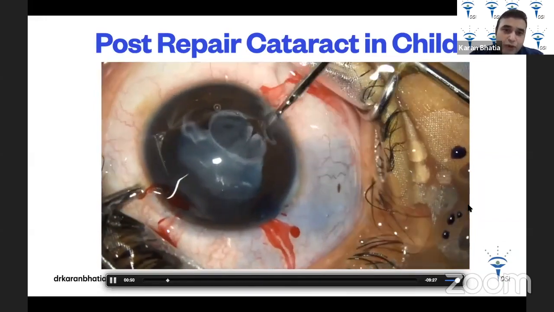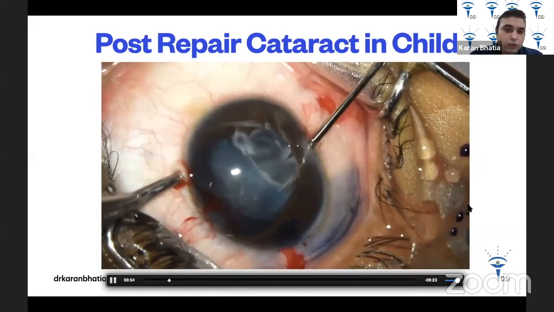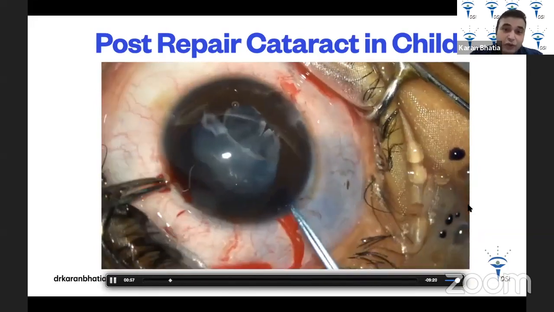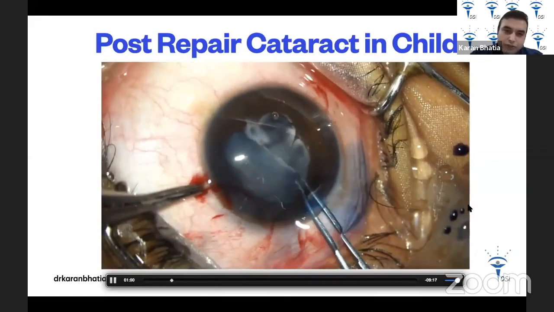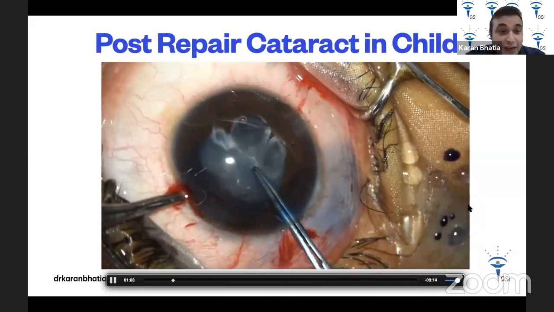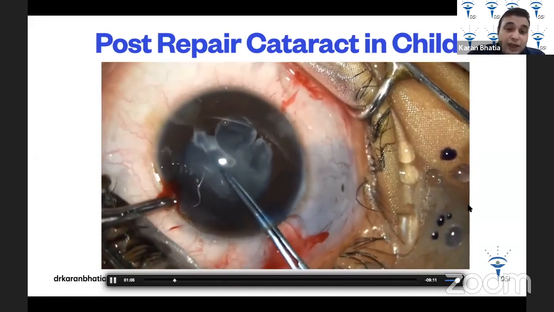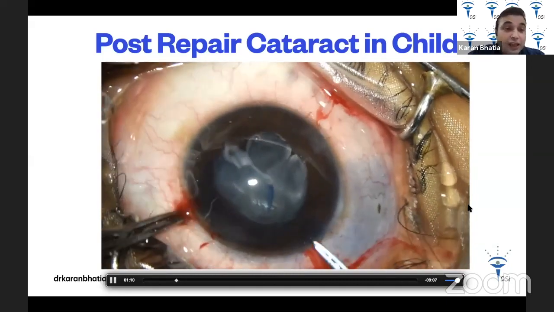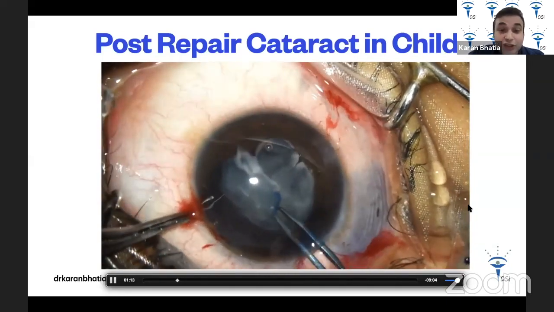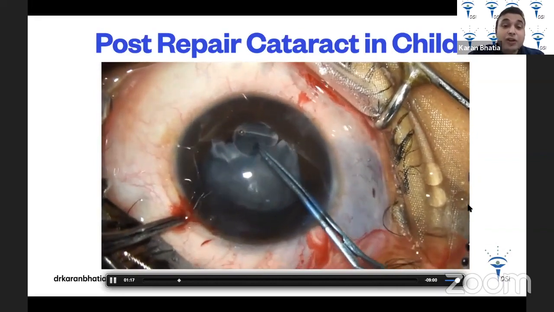Then I'm going to convert this anterior capsule part into a rhexis. So I go in with my Haldipurkar forceps that I use a lot, and I'm trying to do a rhexis over here. Now pediatric eyes behave very differently to adult eyes. So you can't take it to the outside. You have to push it, pull it towards the center. Otherwise, it's going to result in an extension. So this is a difference when you do a rhexis in a pediatric eye in comparison to an adult eye.